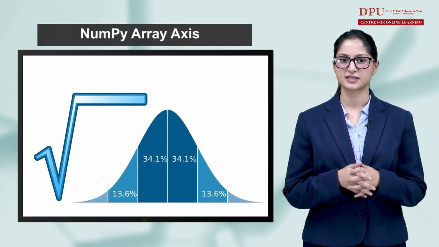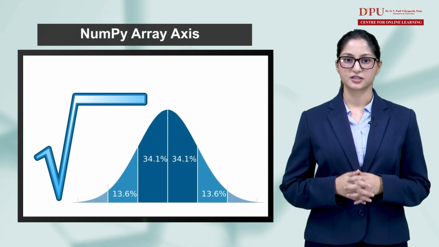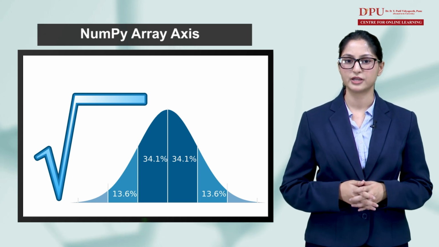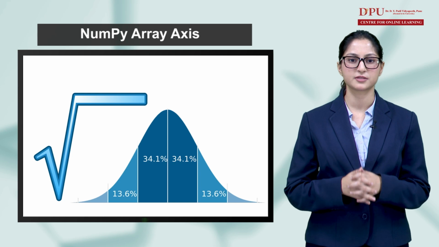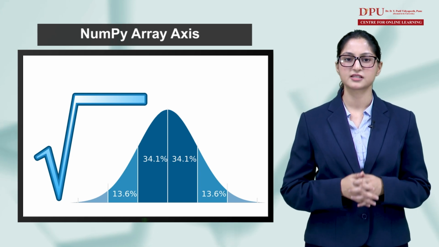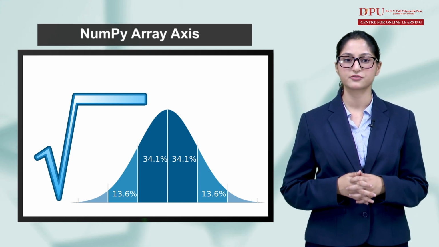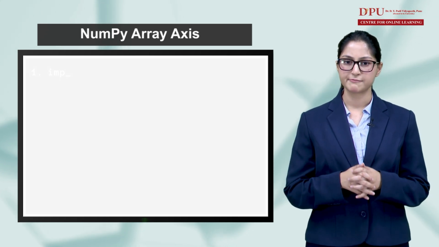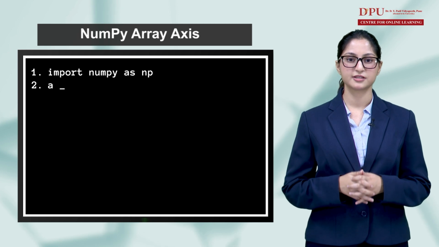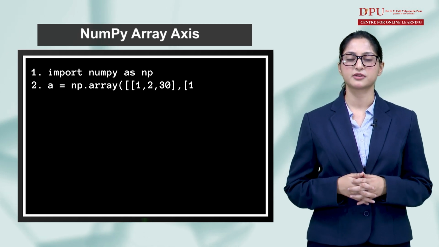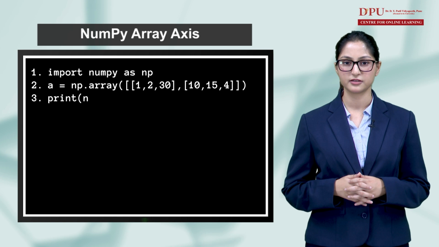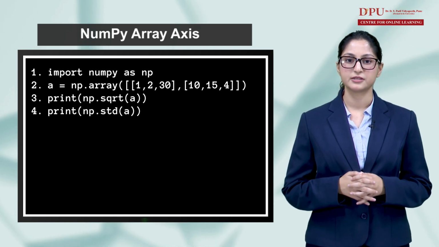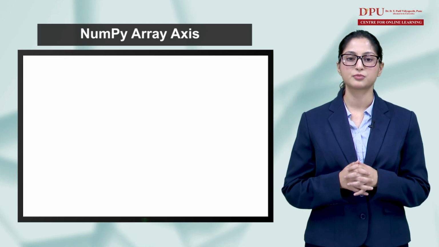Finding square root and standard deviation. The sqrt and std functions associated with the NumPy array are used to find the square root and standard deviation of the array elements respectively. Standard deviation means how much each element of the array varies from the mean value of the NumPy array. Consider the following example. Import numpy as np, a equals np.array with the following numbers passed as parameters to the array method. Print np.sqrt of a, print np.std of a. The output is